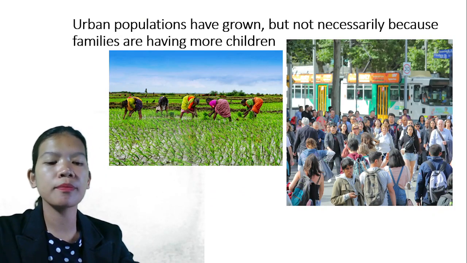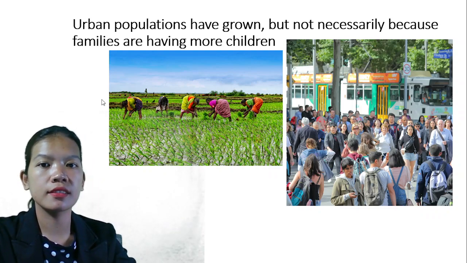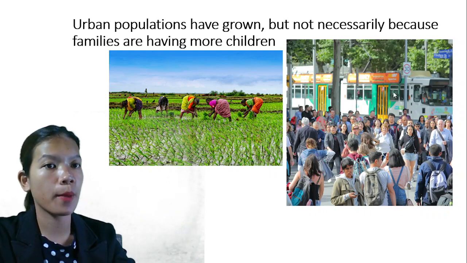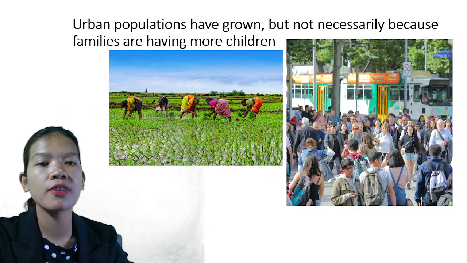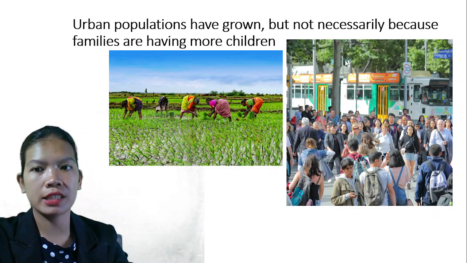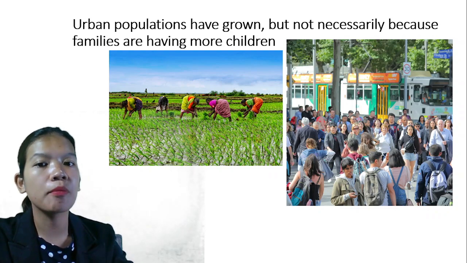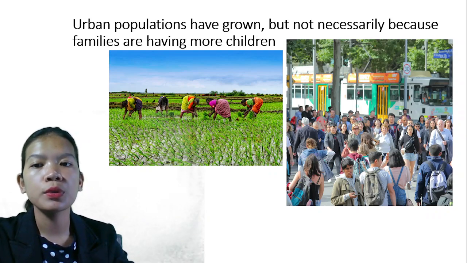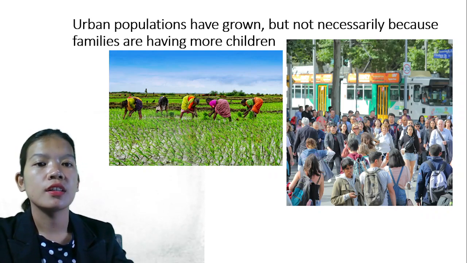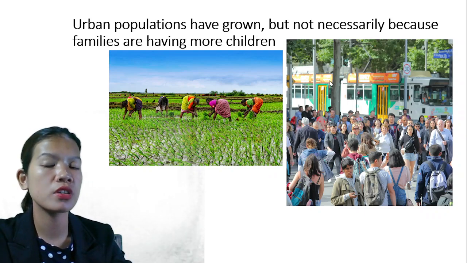However, we see urban populations, like cities, have grown, but not necessarily because families are having more children. It is rather the natural outcome of significant migration of people transferring from rural to urban areas, or from rural to the cities, because of economic opportunity, or some seek work in a modern sector